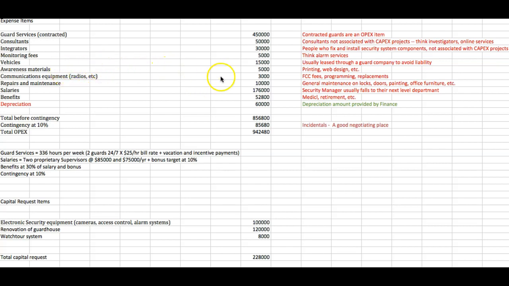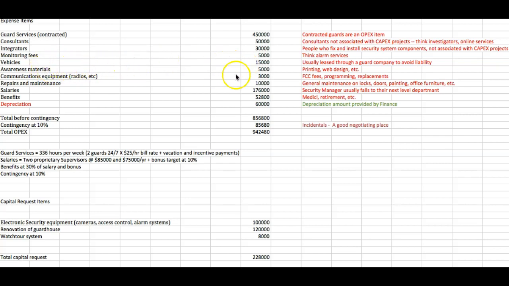Awareness materials, things that you might have for vehicles. Let's go to vehicles. So that's the guard company's going to drive them around, right? I'm leasing these through my guard company because I want to avoid some liability, and they charge me $15,000 a year for that one vehicle to lease. That sounds very high, since if you think about it, $15,000 would be a car payment of a little more than $1,200 per month. But they're also taking care of the liability insurance. They're taking care of the tires and the repairs, and the only thing I have to pay maybe is fuel. So $15,000 is a pretty good deal for a vehicle for 1 year. So I put that in there.